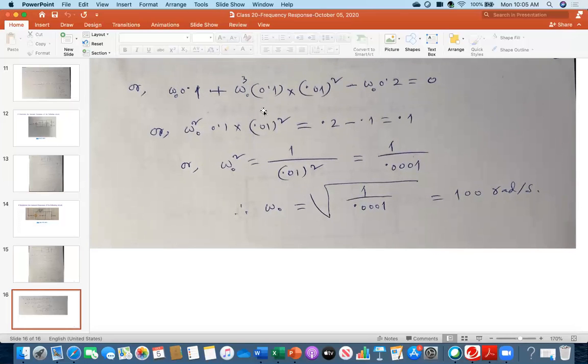After that, what I did was divide both the left side and right side by omega naught, because omega naught is the common factor. So omega naught cancelled. Here you are getting omega naught squared and omega naught cancelled. Then I am transferring this 0.1 to the right side, so I am getting 0.1 only on the right side, and my left side is omega naught squared. Therefore, Julian, if you have got the first line, then divide both sides of the equation by omega naught, because omega naught is a common factor.